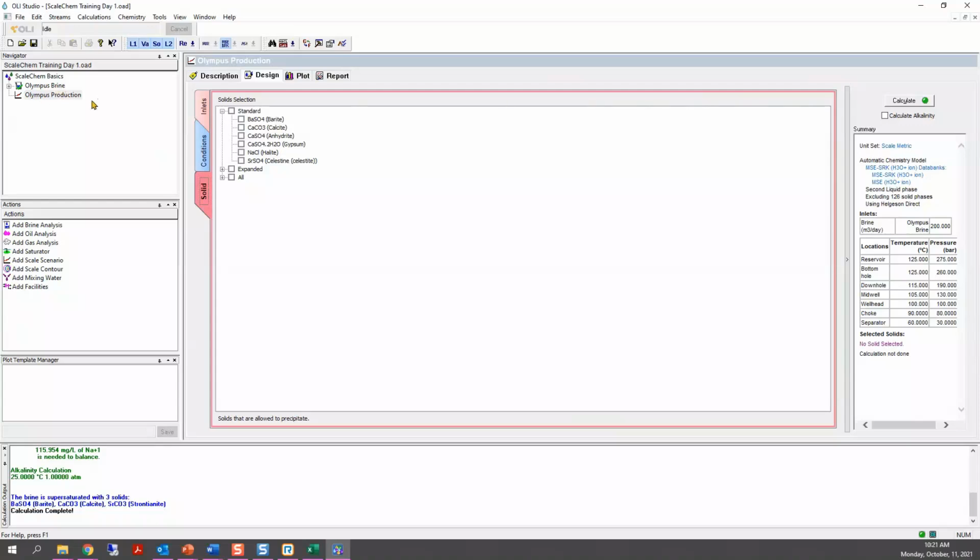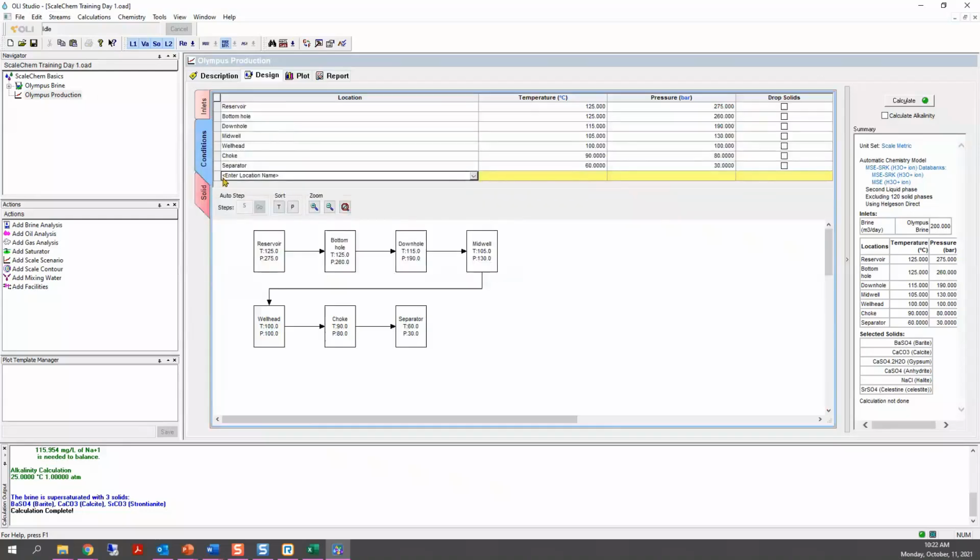Now, for this production, I do turn on solids, and I will select the option standard solids. So anything that is supersaturated, I will let precipitate out. It will precipitate out because I am turning on these solids, and if calcite is supersaturated, the software will calculate how much of that calcite is precipitating at each one of these locations.